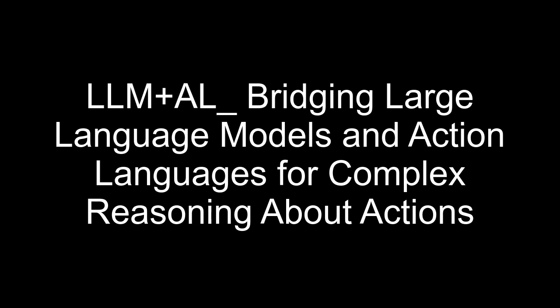The LLM plus AL pipeline involves several stages. Can you walk us through the process, highlighting the role of the LLM in each stage? The pipeline begins with BC Plus signature generation, where the LLM extracts relevant symbols and types from the problem description. Next, the LLM generates common sense and domain-specific knowledge statements in natural language. This knowledge is then translated into BC Plus rules by the LLM, guided by a prompt detailing BC Plus syntax and semantics. Finally, a self-revision stage iteratively refines the BC Plus program based on feedback from the BC Plus reasoner.